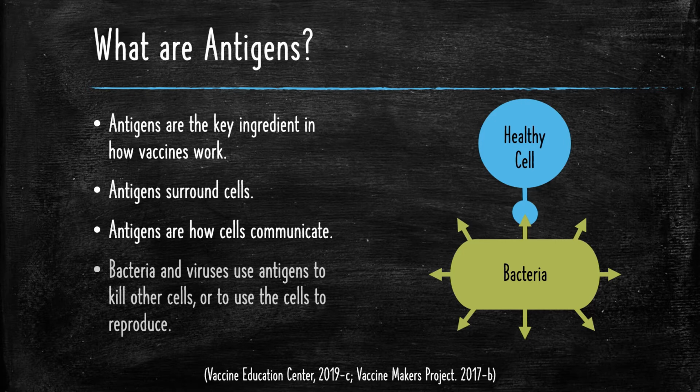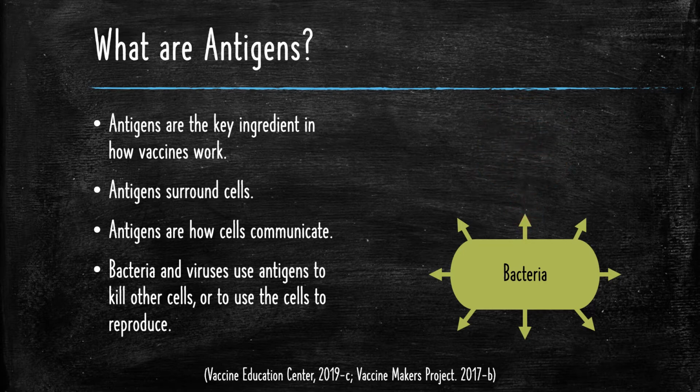What bacteria and viruses do is they use this linkage to cause damage to the healthy cell. They will either link up and tell the healthy cell to get inflamed and then burst, or they will take this linkage to tell the cell to start reproducing the viral or bacterial genetic material. So what they're basically doing is they are taking over a healthy cell to reproduce the bacteria or the virus so that the bacteria or virus can spread.